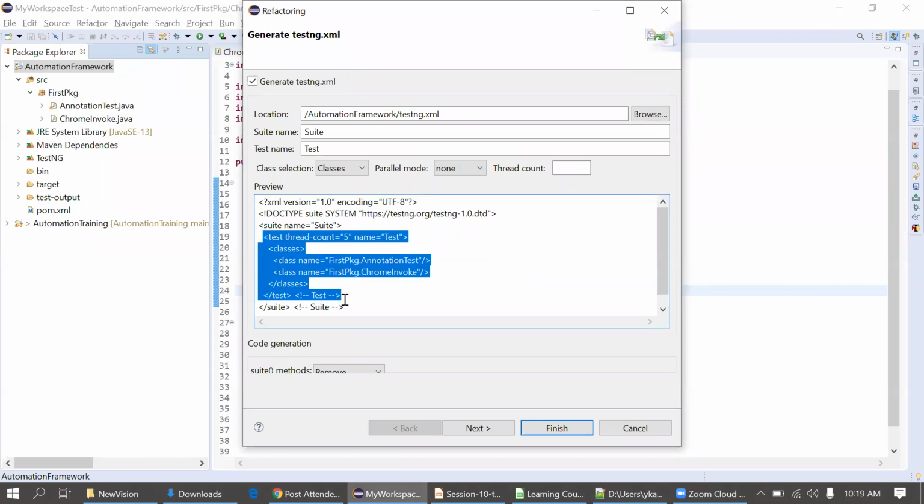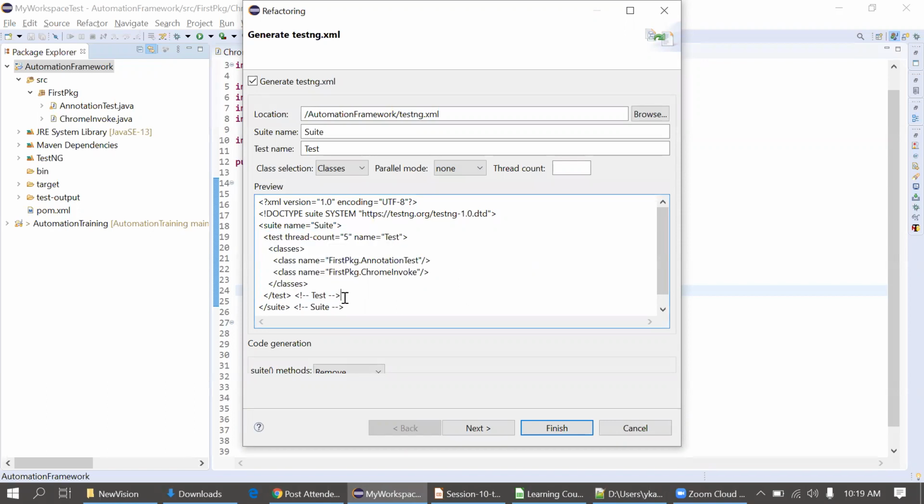I will simply copy paste this test, and I will provide 2 classes here and the remaining 3 classes in the next test. So this can also be executed parallelly. First we will go with the methods. Now you can see, I will just revert it again. Now you can see the difference in these 2 lines.